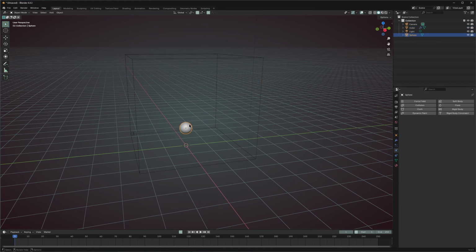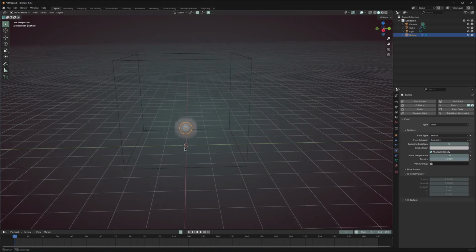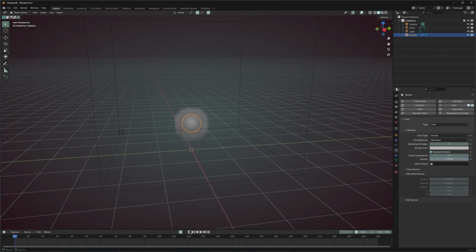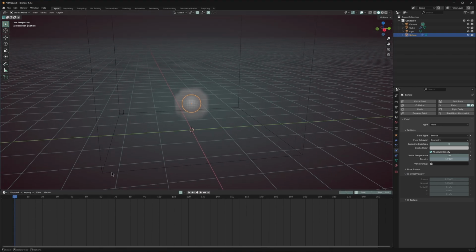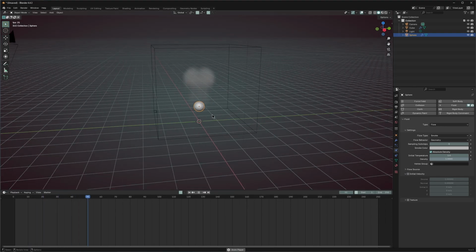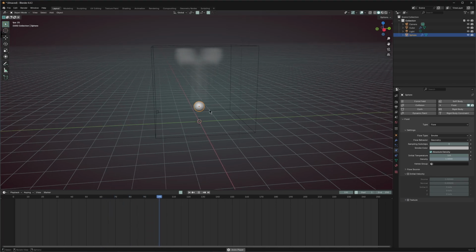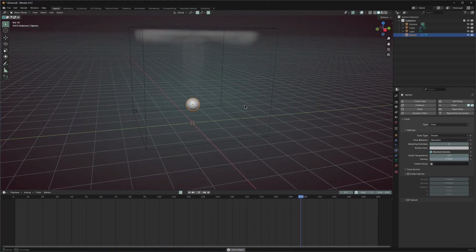Now click on the other object. This is also going to be fluid, and this is going to be the flow. So right away you see that we have some smoke, and this is controlled by the timeline. If I hit the space bar here, it's going to run the simulation. So there you go, I have got some smoke in my scene, but it's not quite working right,